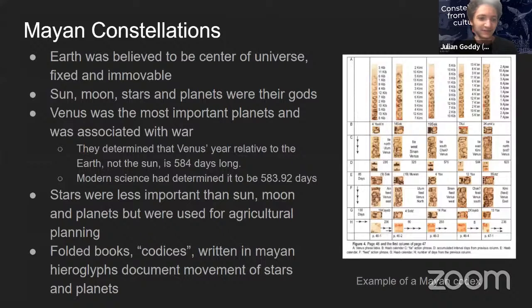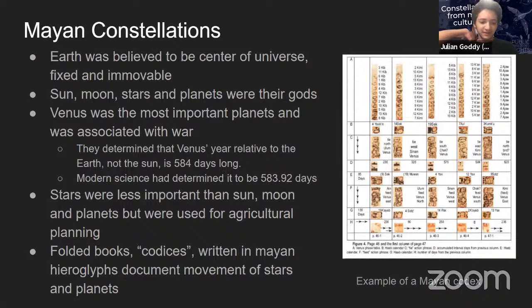And obviously the sun and the moon were very important, but Venus was the most important planet in their society, and it was associated with war, which I think is kind of interesting, coming from my Western background, where Venus is the god of peace, or love, but anyway,